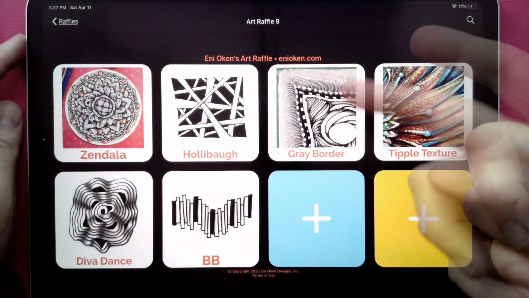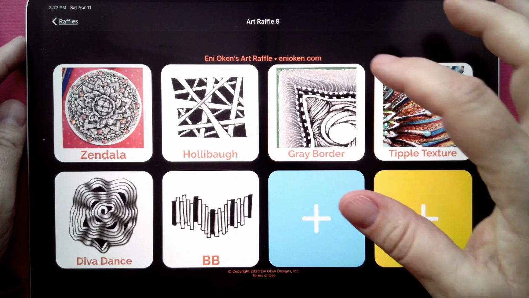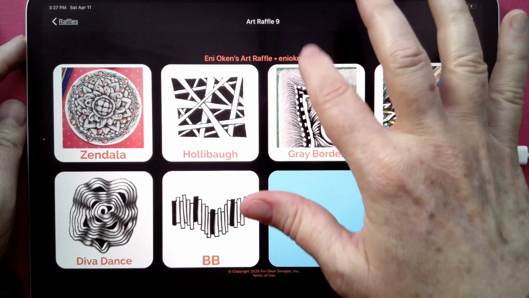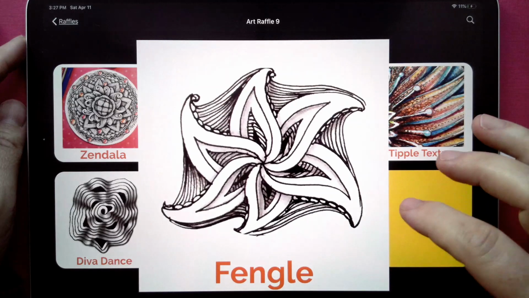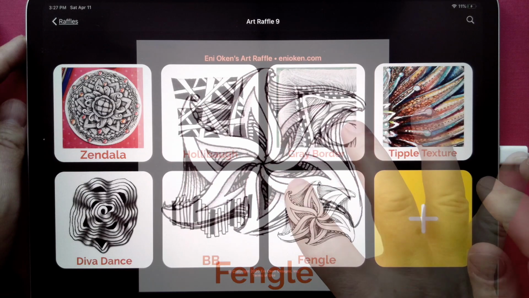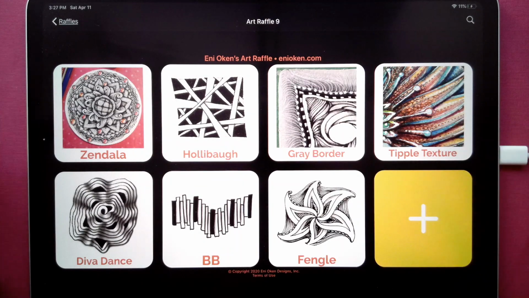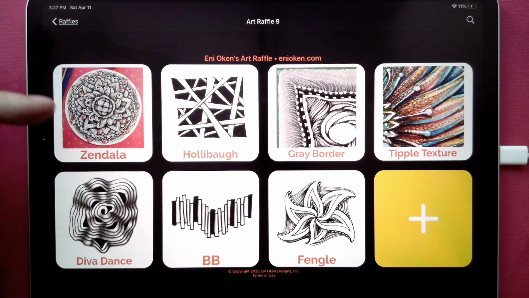Now here I sent Fangle away, but I really didn't want to. Now I'm regretting that. If you regret sending away the last card, I can pull it back. You can only do that with the last card. And here you have, so maybe I have 7 of these cards to inspire me to create the Halaba Zentangle